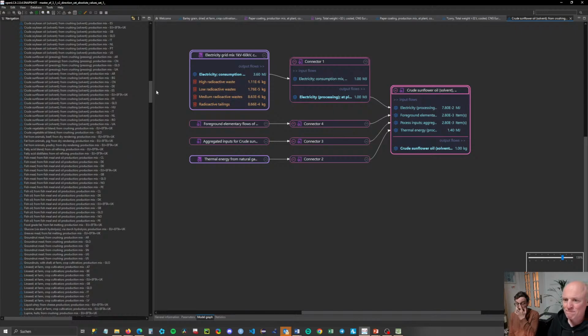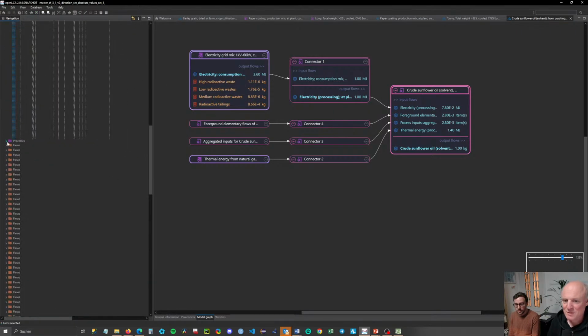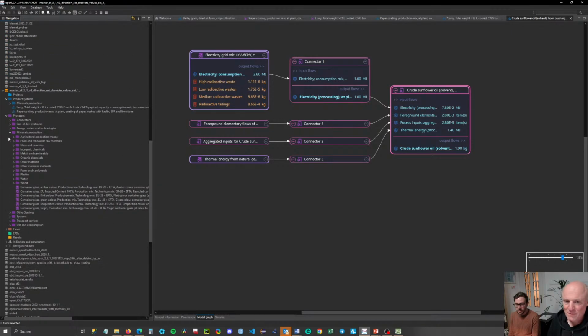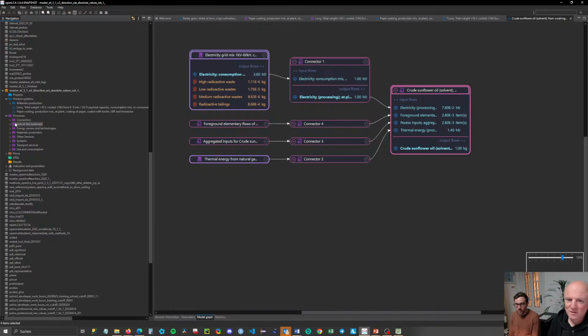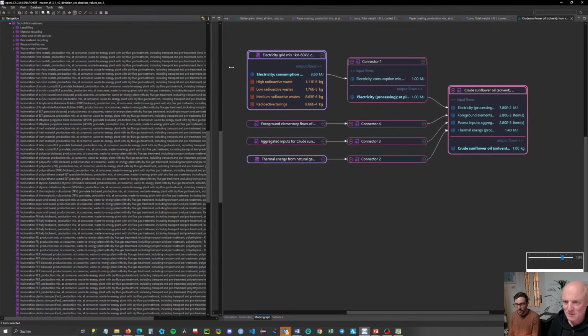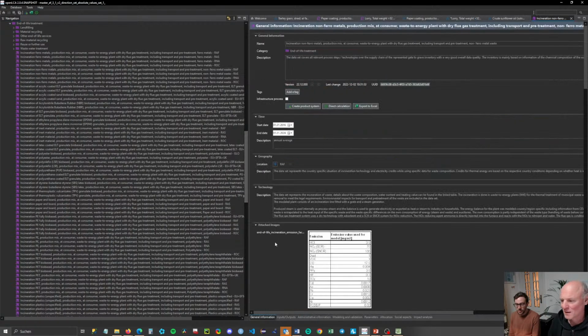Of course, these product systems are interesting, but most interesting are probably the processes, and there are quite a lot. Maybe if I fold this down, we have connectors that are from us, so to say, but also end of life, energy, materials, other service systems, transport services, and it's really a lot. But it's typically system processes. So that is in openLCA these filled icons,